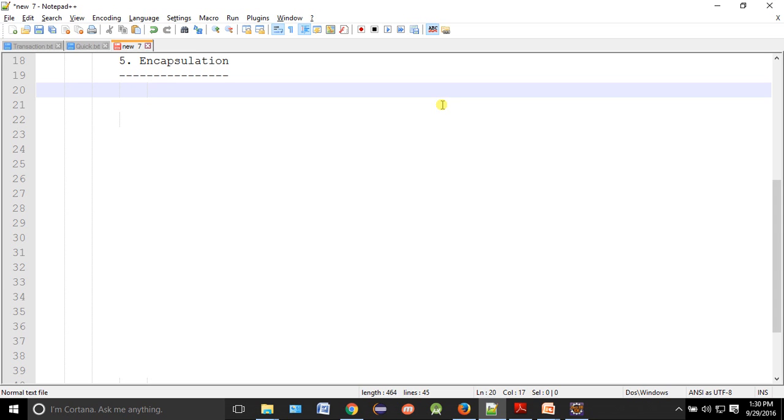So we have to find some mechanism by which the person will be able to use those variables. It's not that he cannot use them, but there should be some sort of restrictions. What I'm trying to say is, if you are putting a boundary at your home, it does not mean nobody can come in. They can come in, but there should be some restriction.